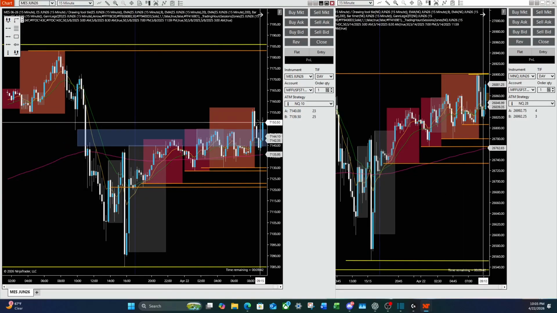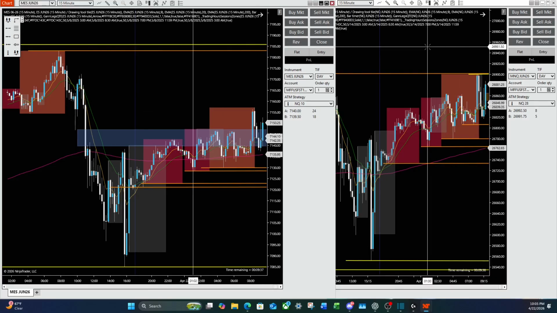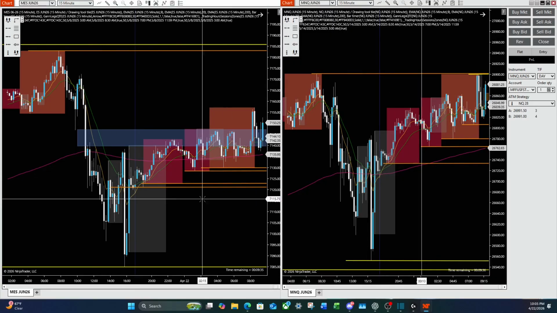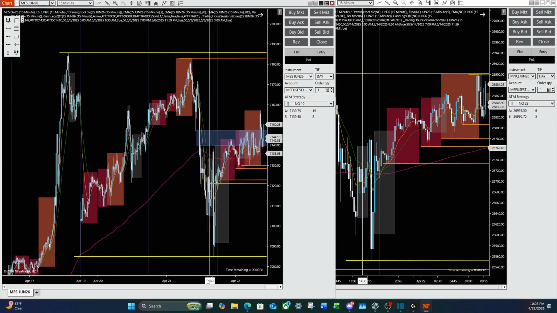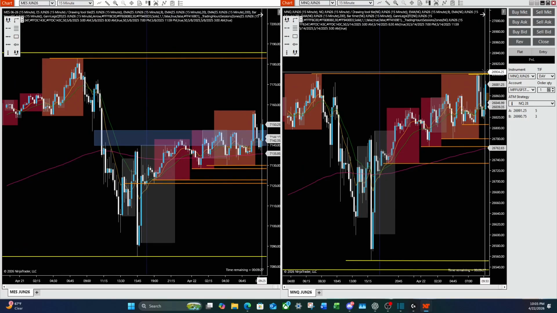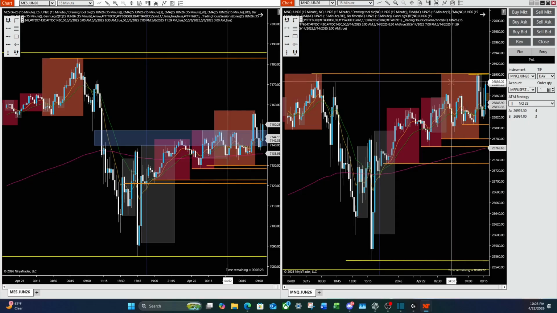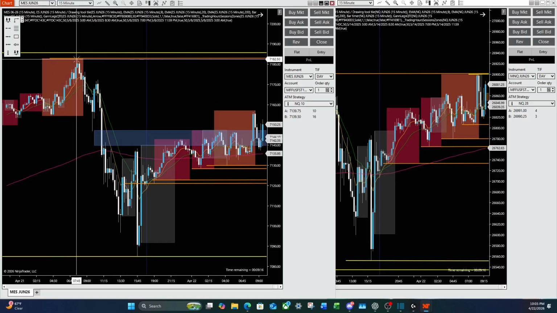Paired, if ES would have stayed under London session high here, this would have been an A+ setup for me. We have all these hourly levels short. We have equal daily lows here that would have been a free target. If MNQ would have come up, or had the possibility to come up, take out these equal highs, while ES stayed underneath London session and nowhere near this daily level, to me that would have given us a great